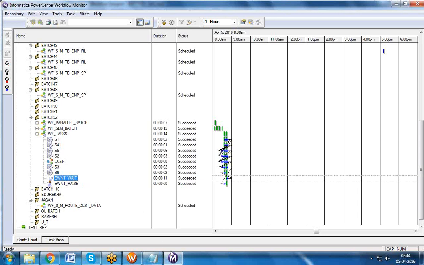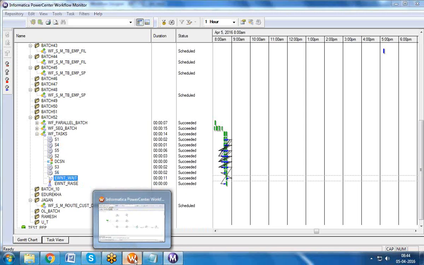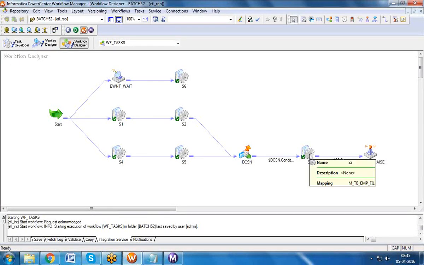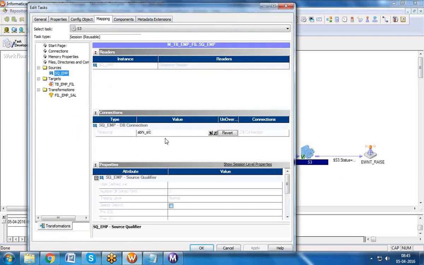Oh, what happened? The session got succeeded. How come? Even though I have given a wrong connection, the session got succeeded. I have changed your connection, right? But how? In this particular system, there is a source table, employee. I changed the relational connection, but in that particular system there is a table.